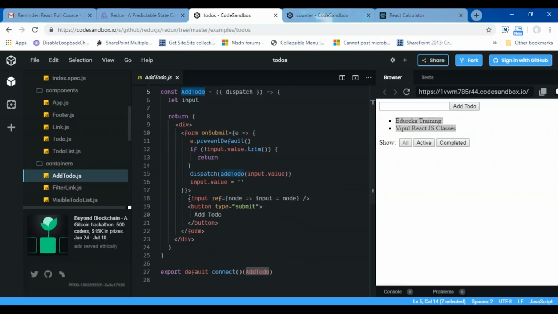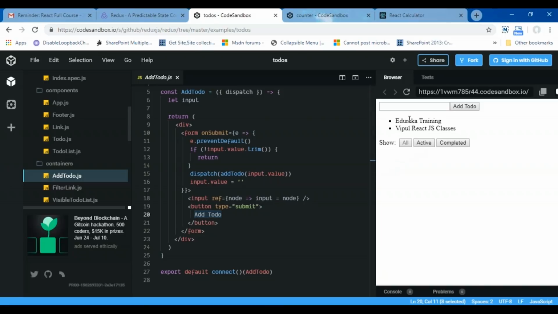So you can see over here that I have taken the input type, which is of type text, and then a button of type submit having the text add to do. So it sometimes happens that you don't have to differentiate the presentational and container component. Sometimes you can combine the two logic into one single component, just like this.